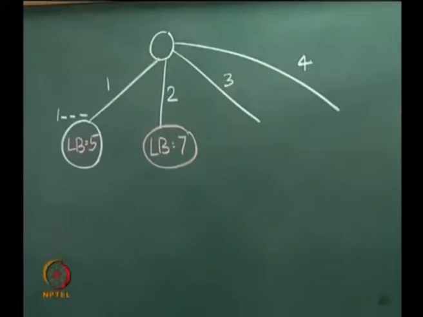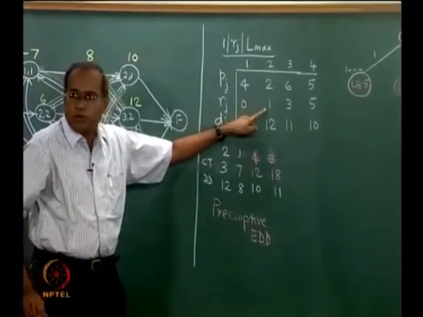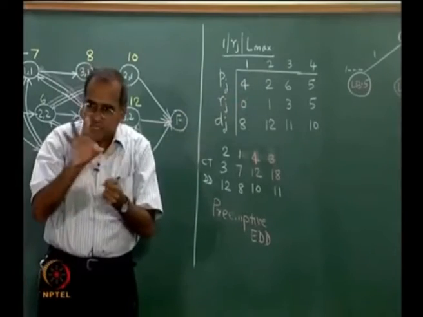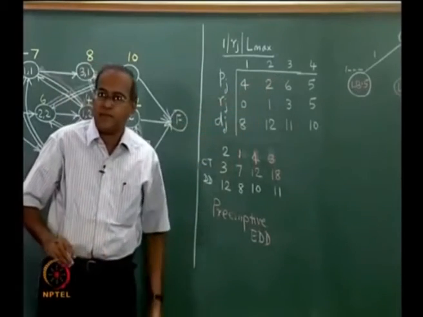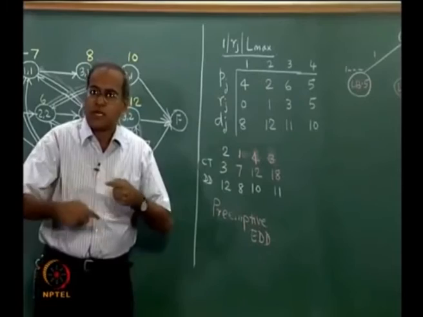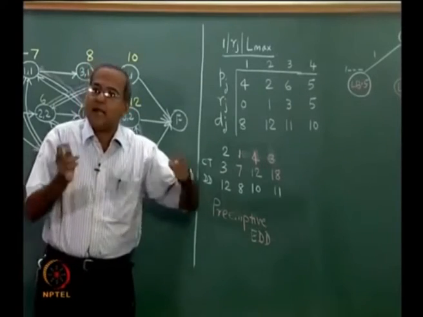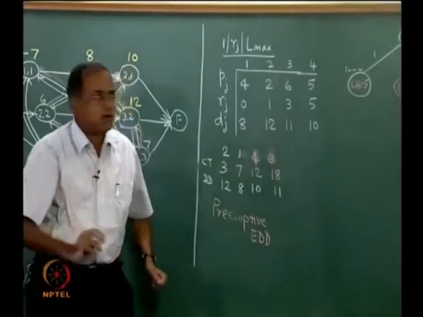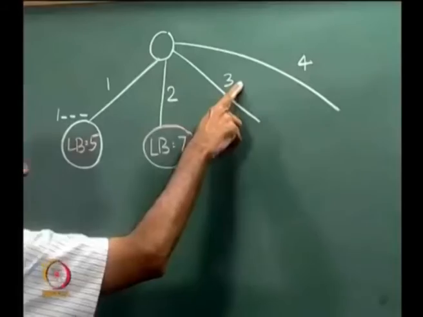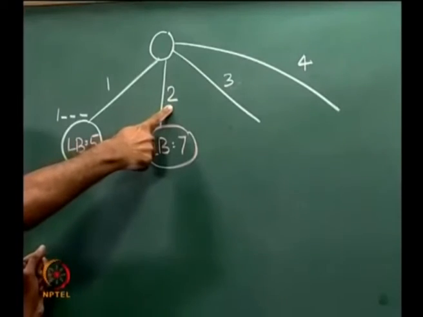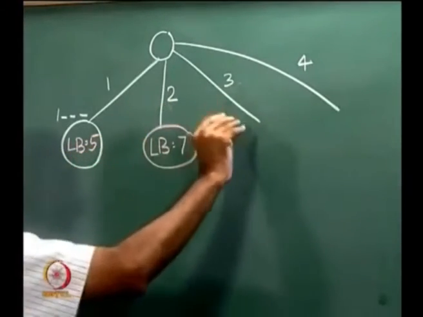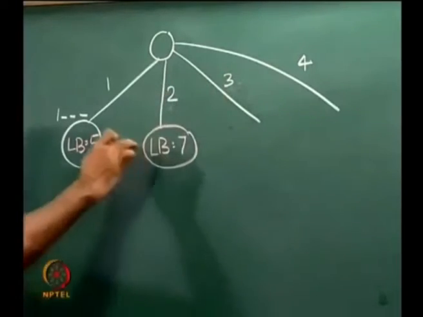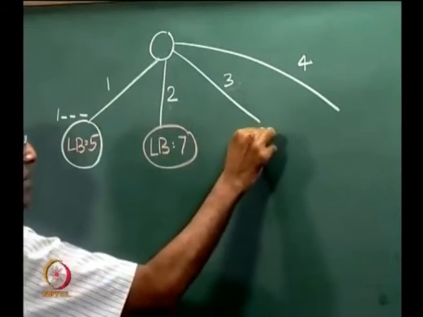But common sense tells me that in those 3 minutes I can finish 2, because 2 starts at 1 and finishes at 3. So if there is a job like J3 whose start is going to be delayed, and in that delay I can finish some other job completely, then the lower bound here will always be more than the lower bound here. So I do not calculate this at the moment, I simply keep this vacant because this is enough for me. So I do not do this.